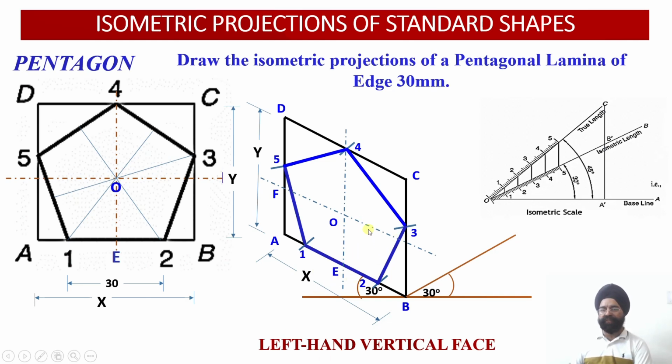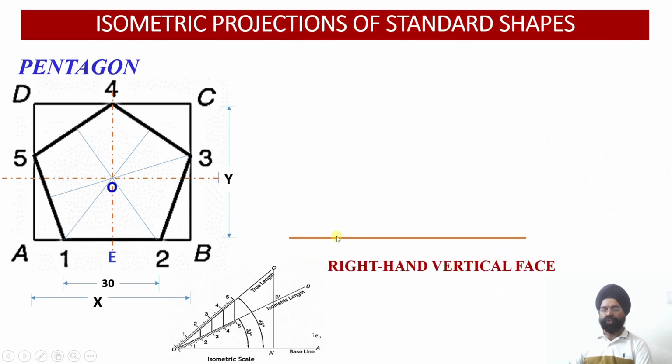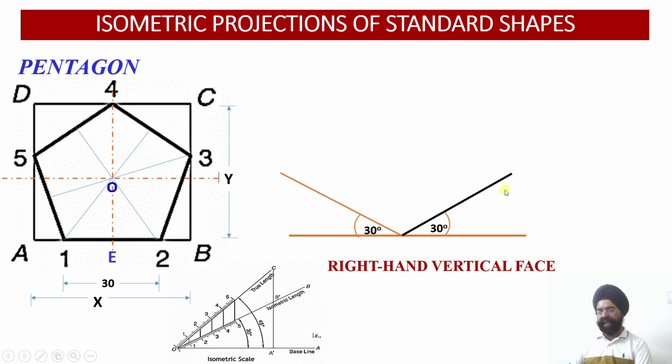So same procedure we will be repeating on the right hand face. So on the right hand face, which axis I will be requiring? Z axis and Y axis over here. I need Z axis and I need the Y axis. So I have marked the longer edge over here of the rectangle, that is, this is the longer edge. So longer edge of the pentagon I have shown over here, and the vertical edge will be the Y, the